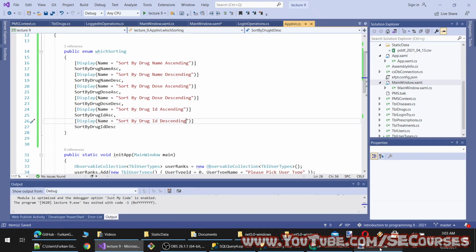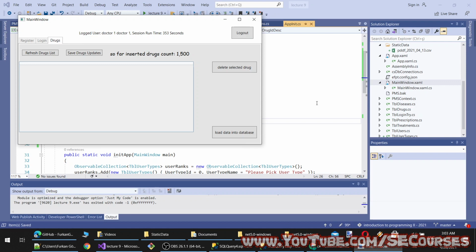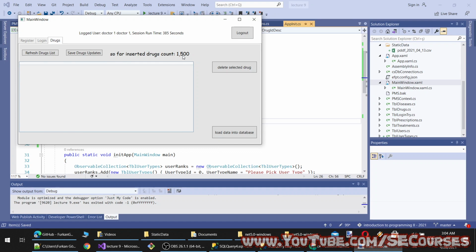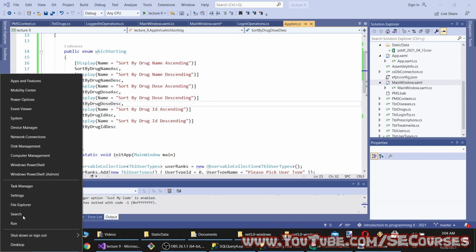Okay, and we are adding drugs, but they are getting slower due to our unoptimized queries. So we need to optimize our query. Okay, one moment. All right, okay. So it has become too slow due to both our cache querying and database querying.